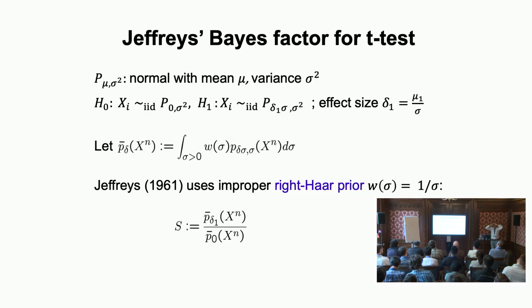And now what is the optimal e-variable? Well, how do Bayesians do this? Jeffreys, the famous Bayesian, said in this case we should use a Bayes factor with the so-called right Haar prior on sigma, which is given by 1 over sigma. That's weird because that's not a real prior. If you integrate it from 0 to infinity, you get infinity. But Jeffreys was a physicist, so he was not bothered by stuff like that.